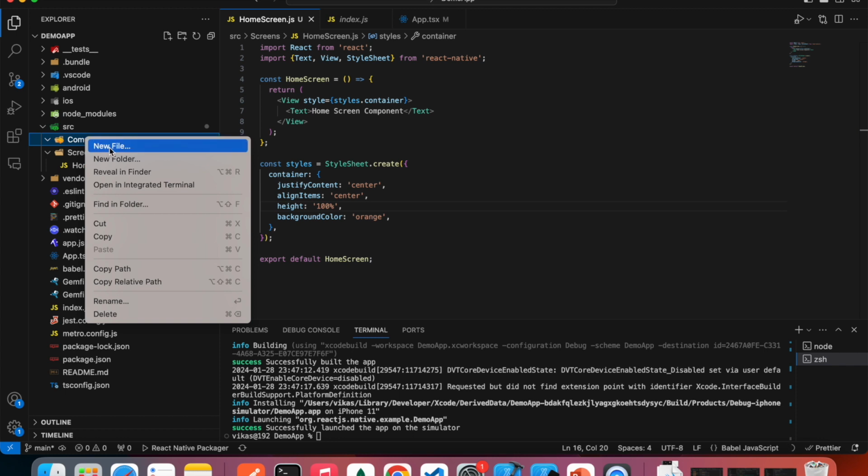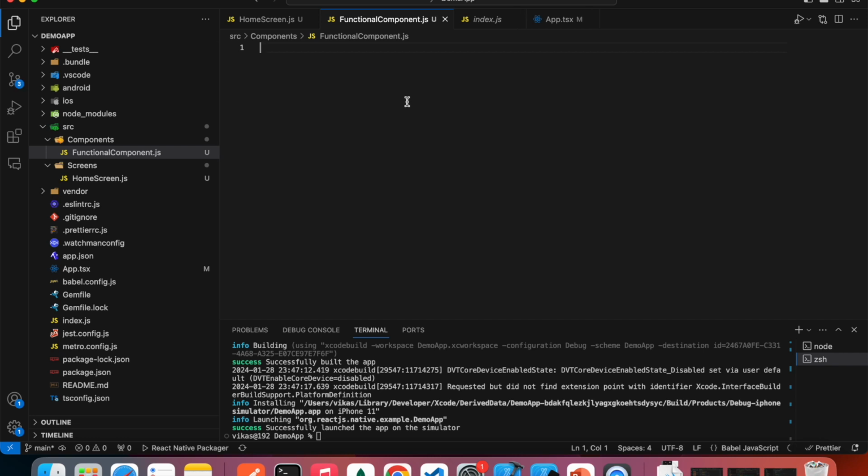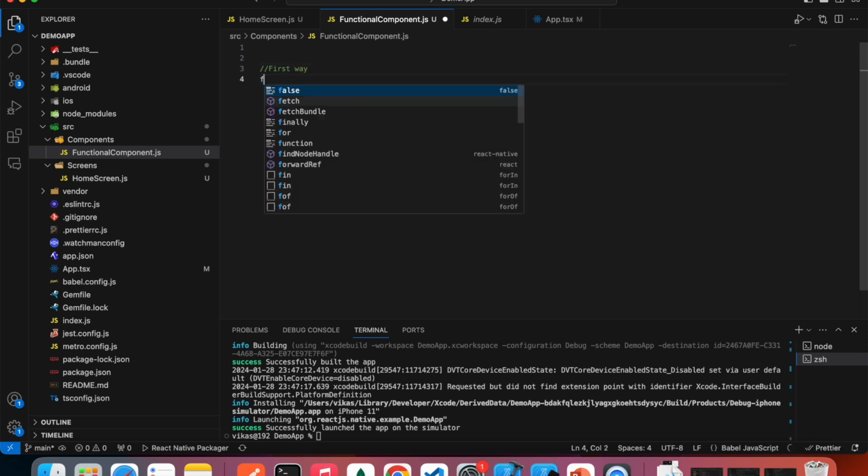So let's create a new file, named functional component.js, and in this, there are two ways to create the functional component. The first way is we can write it with the function keyword, like this is our first way. We can create it with a function